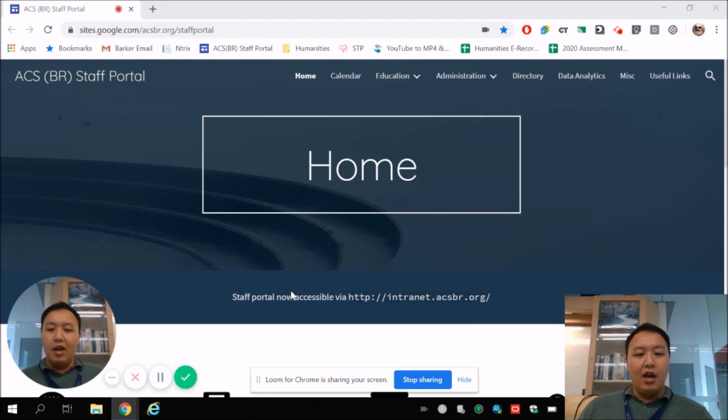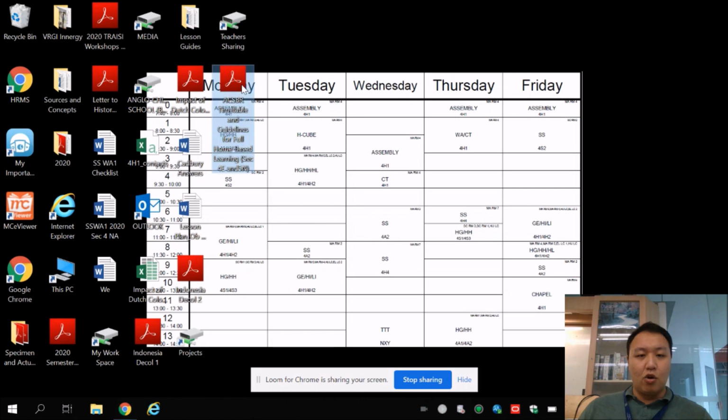Okay, so here they will tell you at the bottom that Loom for Chrome is sharing your screen so that you know that your screen is currently being recorded and whatever you say is currently being recorded. Now that you are actually recording your screen, everything that's happening on your laptop will be viewable in the video that you record. So for example, if I just minimize it now and I just open any random